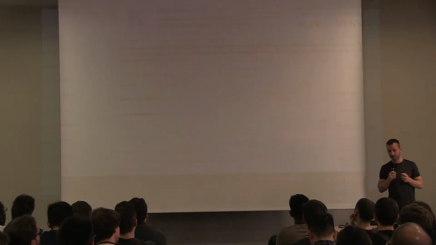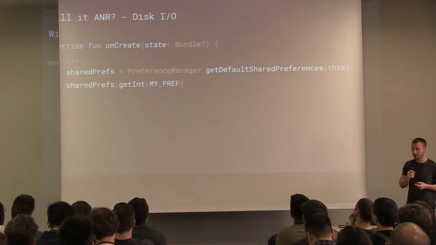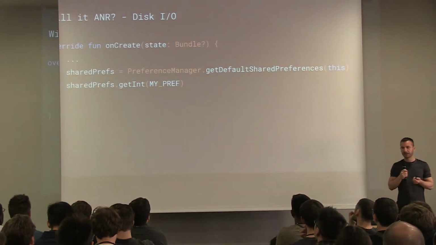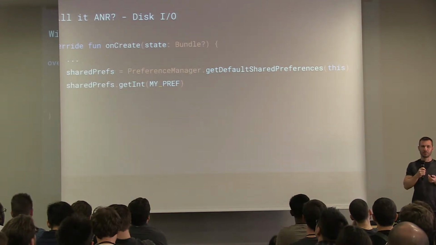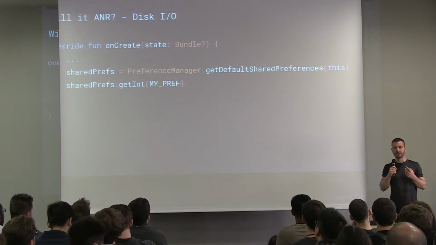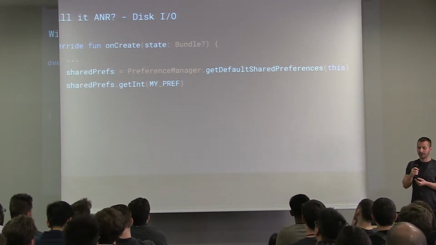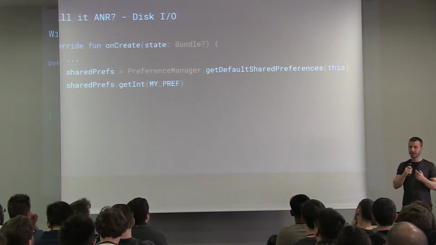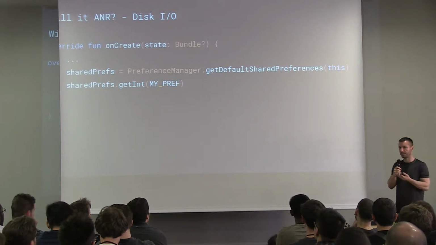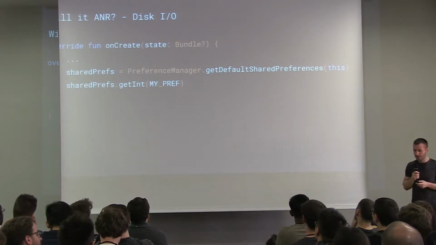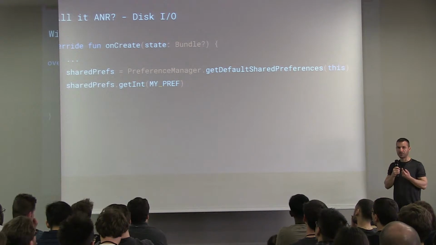But now let's focus on, how do ANRs happen? So like I said, it usually has to do with blocking the main thread for a long time. So what's fast, what's slow? Well, there's one rule of thumb that probably everyone knows about. Disk and network access is slow. Flash drives can be old or cheap, or the system can be doing a lot of other things. And just reading something from the disk or writing something to the disk is super expensive. It might take a long time, seconds even, on a particularly cheap device or if the system is very busy.